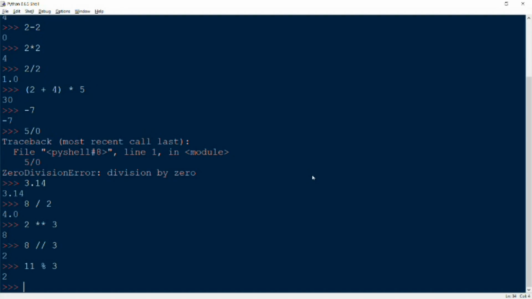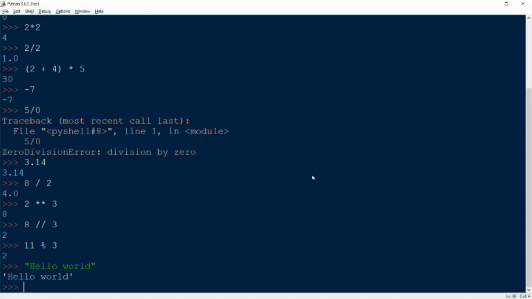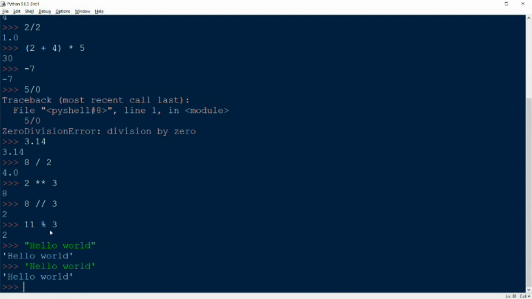Now strings are a mix of characters, symbols, space, etc. A string is created by entering text between 2 single or double quotation marks, like this, hello world, or like this, I'll do hello world again. So as you can see, there are double quotes there and single quotes there. Some characters can't be directly used within a string. For instance, double quotes can't directly be used if the string is surrounded by double quotes, and it's the same with single quotes. So as an example, if we type